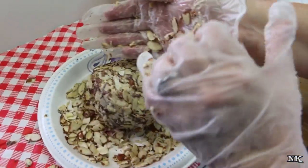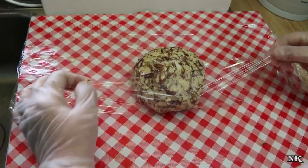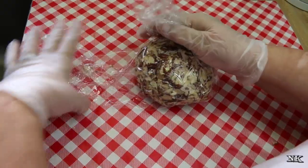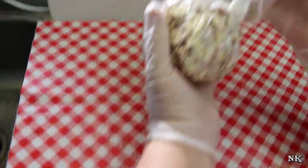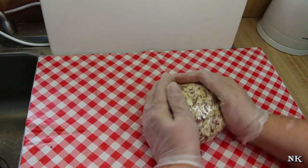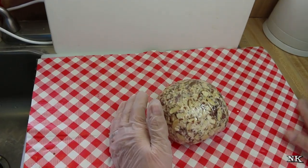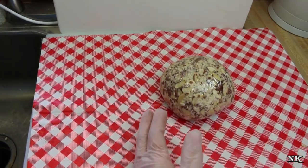I'm just gonna set this down real quick and grab some plastic wrap, and we're gonna wrap this up. All right, I've just rolled out some plastic wrap and laid it out here, and I'm gonna roll my cheese ball up. Now that it's contained like that, you can shape it a little more easily and it's gonna comply with you a little better. Now this I'm just gonna pop in the fridge, and you wanna do that before you serve